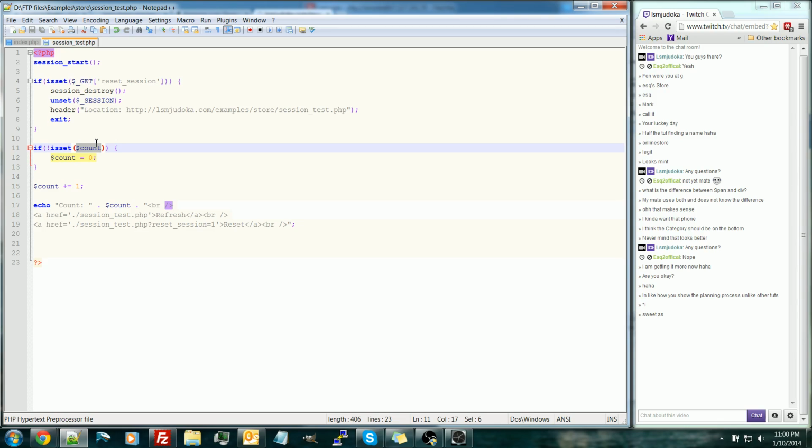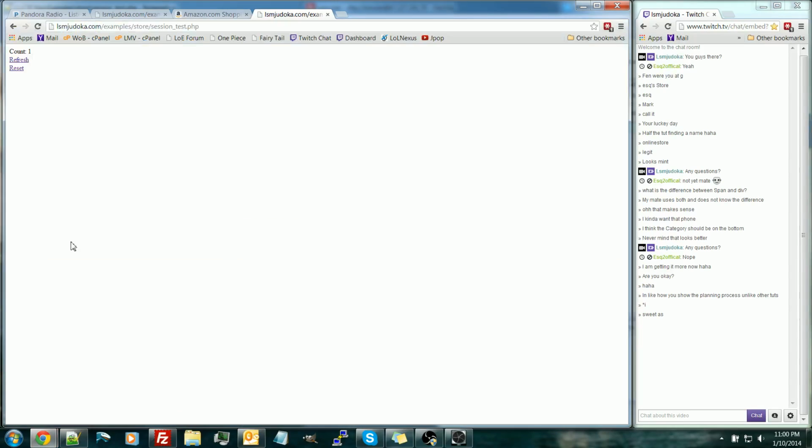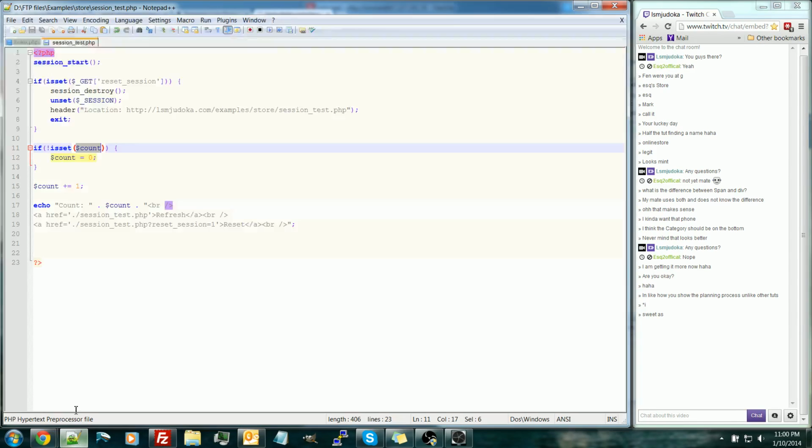This is how PHP variables behave by default. Any variables you define yourself are not set when the page loads each time. So you have to define them yourself. Makes it really hard to store data permanently. When we change this to a session variable, however,